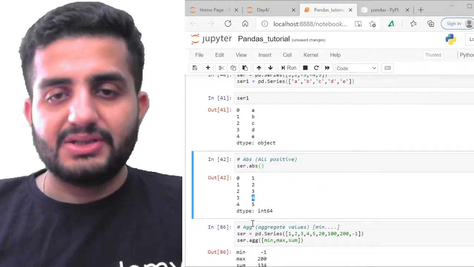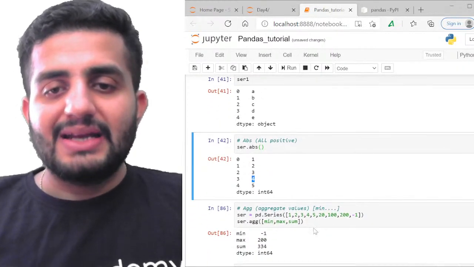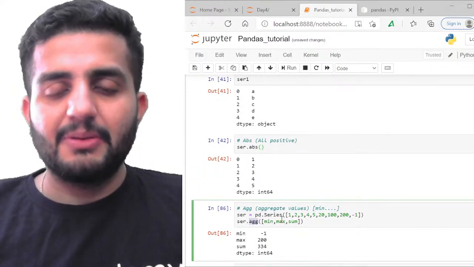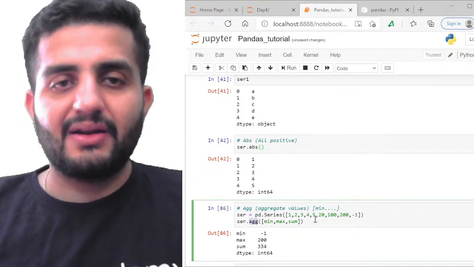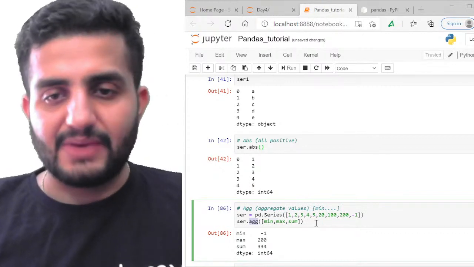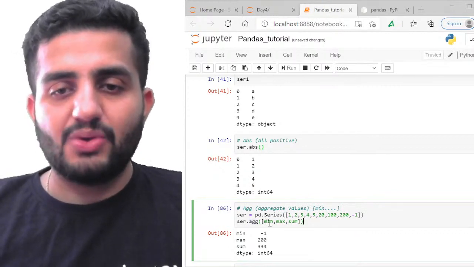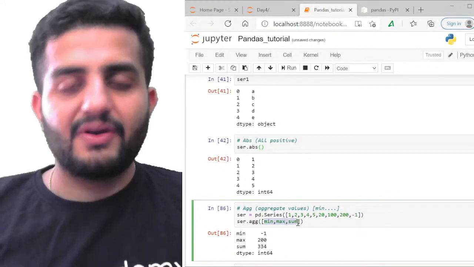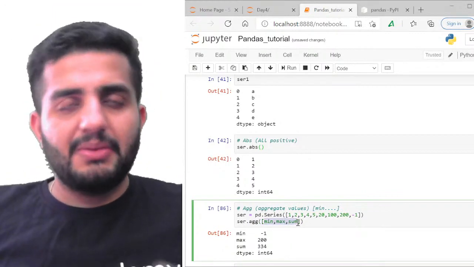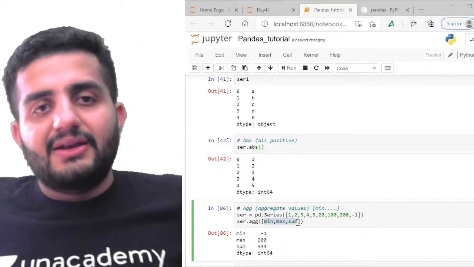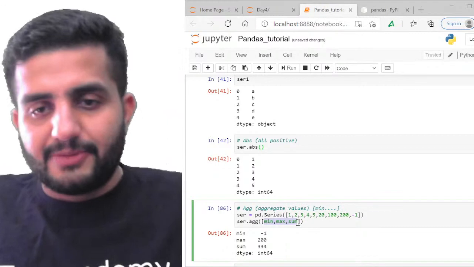Cool. So that's how it is. So this is my absolute data point. The next is my aggregate. So this AGG function, we have covered it multiple places, right? But again, we can write aggregate on top of my series as well. So whatever data points I have, in this aggregate, I can pass on the functions. So an inbuilt function, or maybe a lambda function, or maybe your own function. If you can create your own function using a def, you can pass that also here.